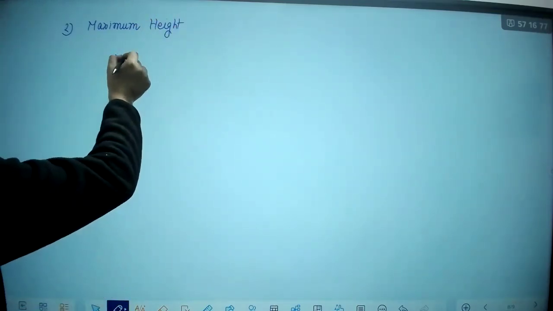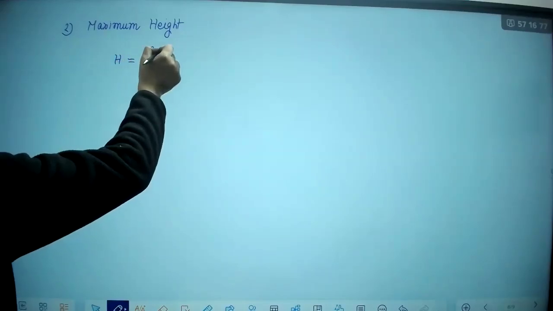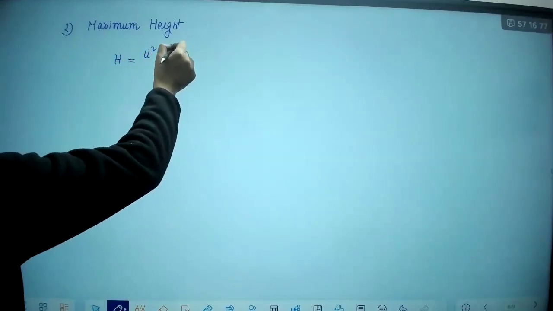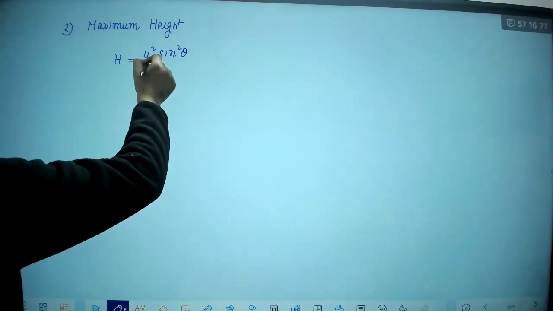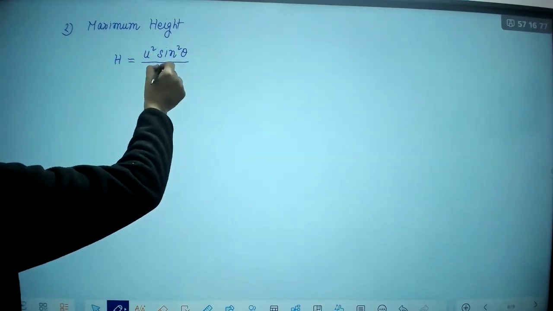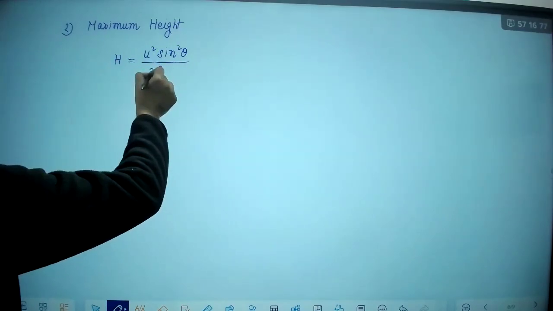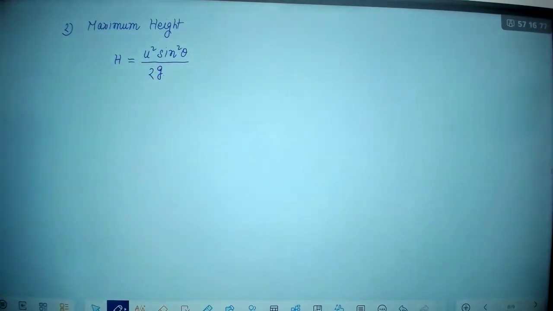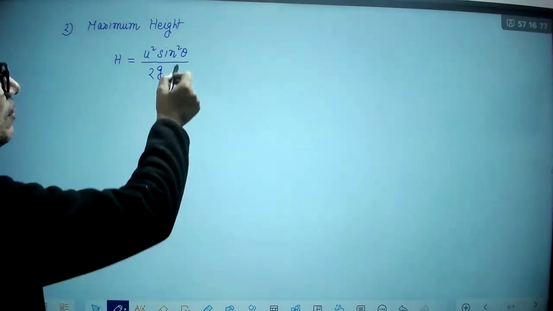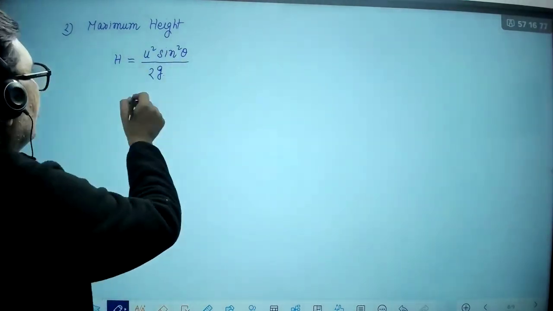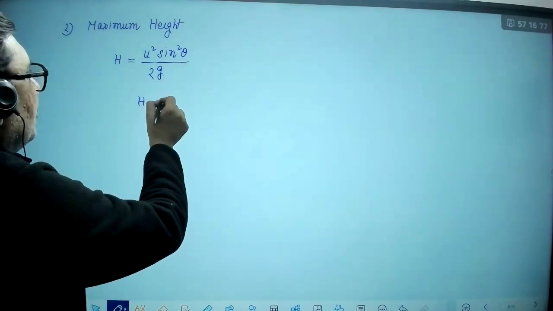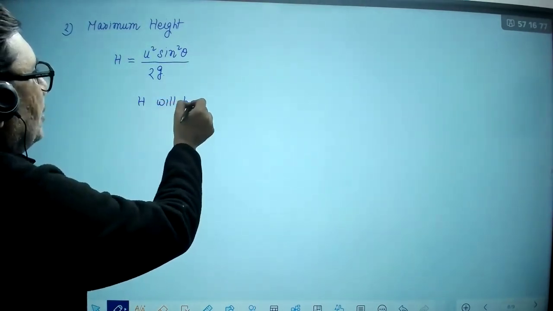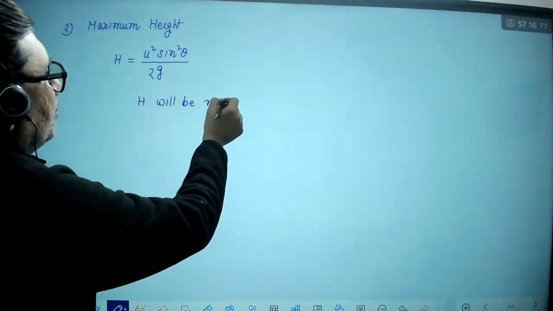So h is how much? U square sine square theta upon 2g. Can you tell me, without changing u, how can it be maximum? So h will be maximum when sine square theta